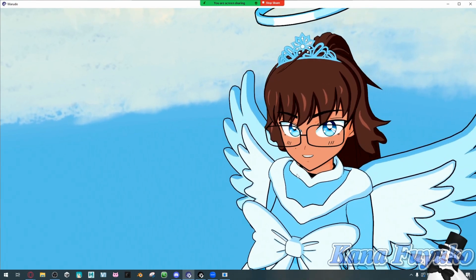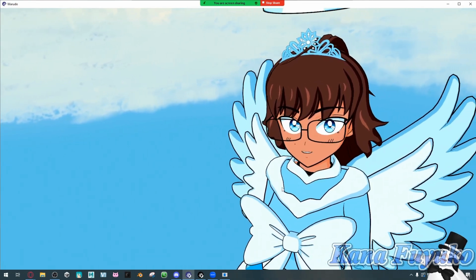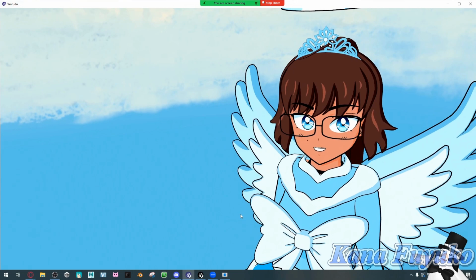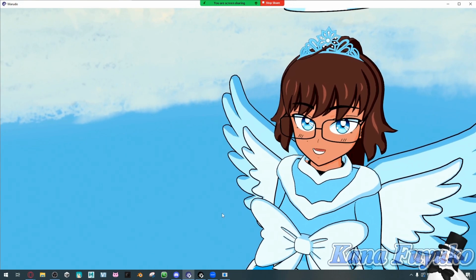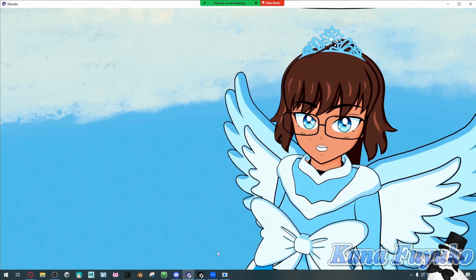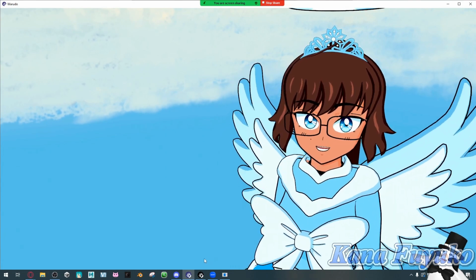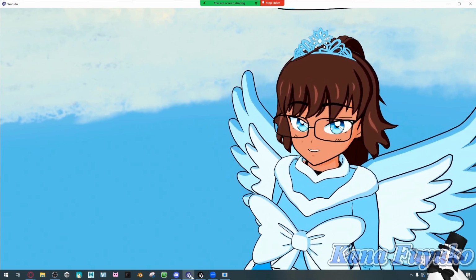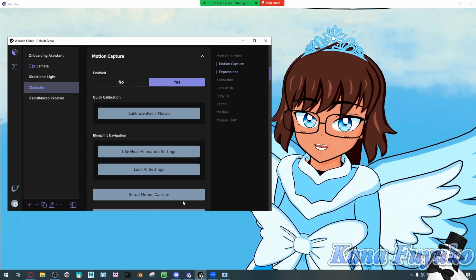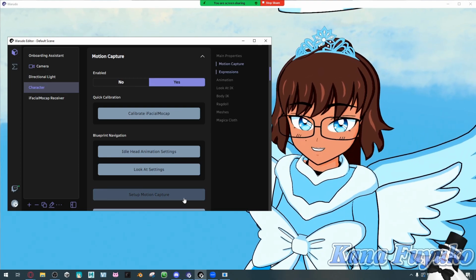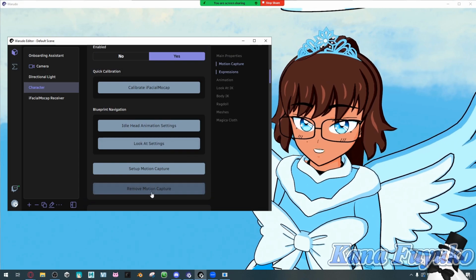So you can be able to move around. If you don't have any webcam for hand tracking, or if you don't have a Leap Motion or you don't want to use real life or anything like that, you can of course set your pose to be none. But otherwise though, if you do want to have MediaPipe hand tracking, then what you will have to do instead,